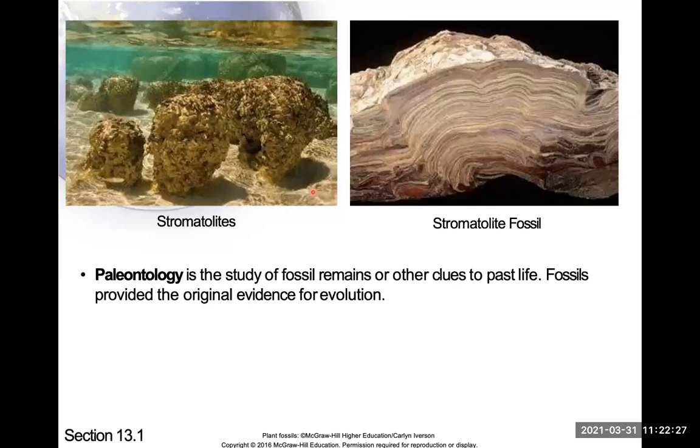This is the first fossil, or this is not the first fossil, the fossil that goes back to 3.8 billion years. So that's called stromatolite. So stromatolite, this is the fossil that they found. It's the oldest known fossil to humans. I need you to know the name. This is very important. I need you to know the name of a stromatolite fossil.